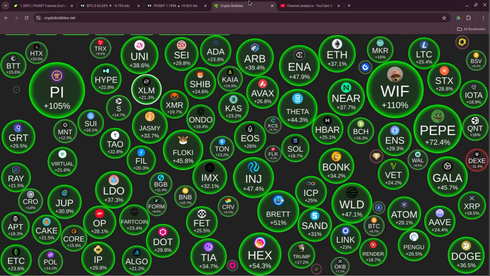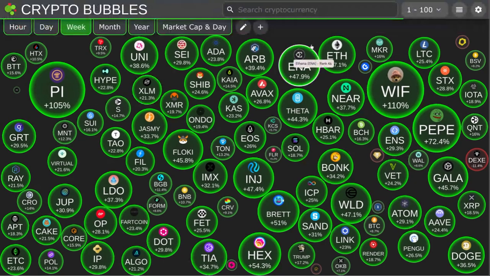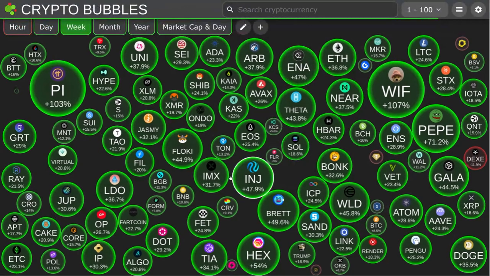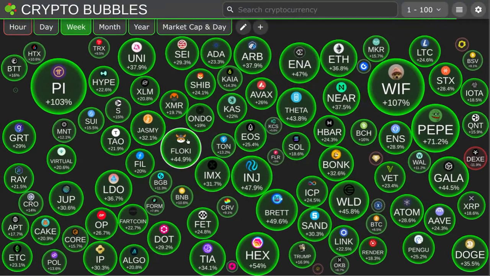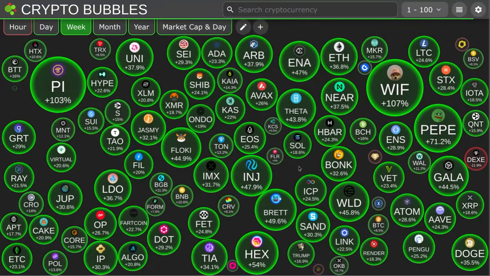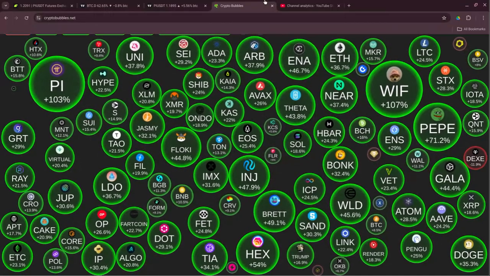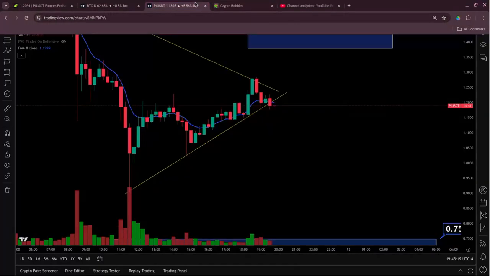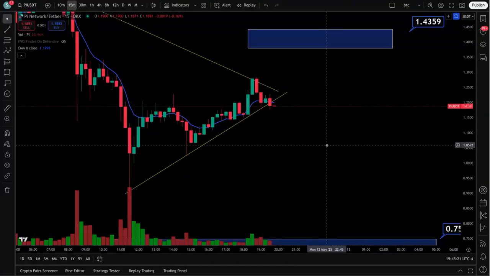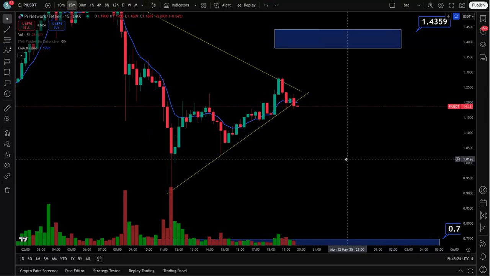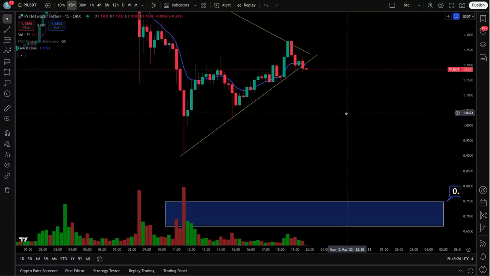Look what it's done to the market over here. Look at these bubbles for the week. This is your top 100. Look what it's done. I mean, you'll see stuff like this daily. Once this thing really starts dropping, oh my gosh, you'll see stuff like this daily. So everything out there is looking great, guys. You're going to have corrections. That's part of the game. That's just the way it goes.